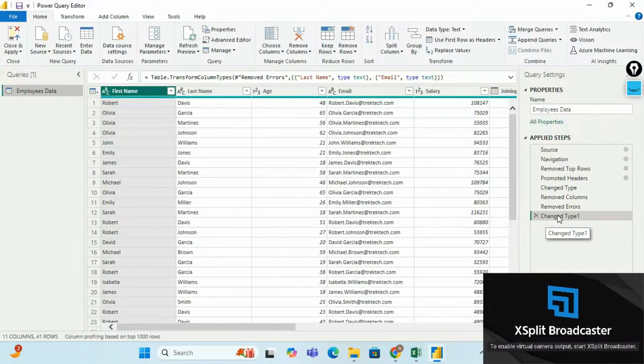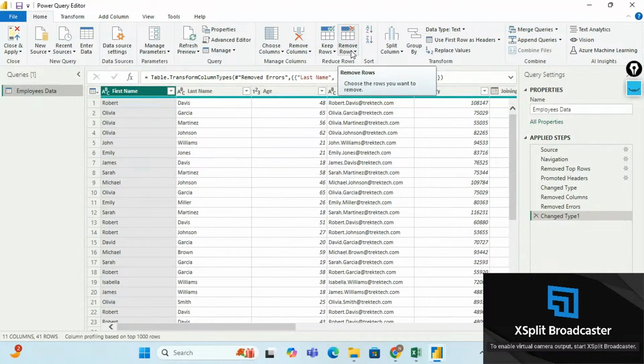After removing the errors, we changed the type. So these are the steps that we have performed on the data, and we have understood the majority of the options that are present in the Home tab, right? Apart from merge and append, the important options that we have under the Home tab,